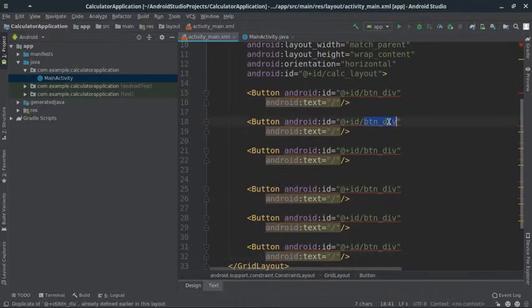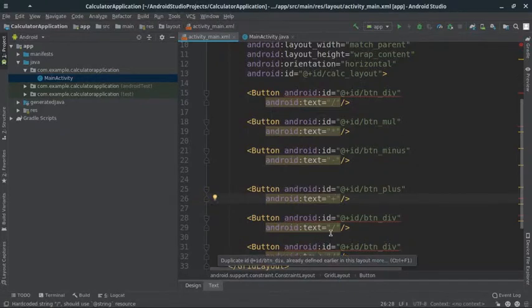Here I will be changing button divide to button multiply and text to multiply, and similarly for it I will change it to minus, and here change divide to minus, and again for it button plus, and change this one to plus. Okay,